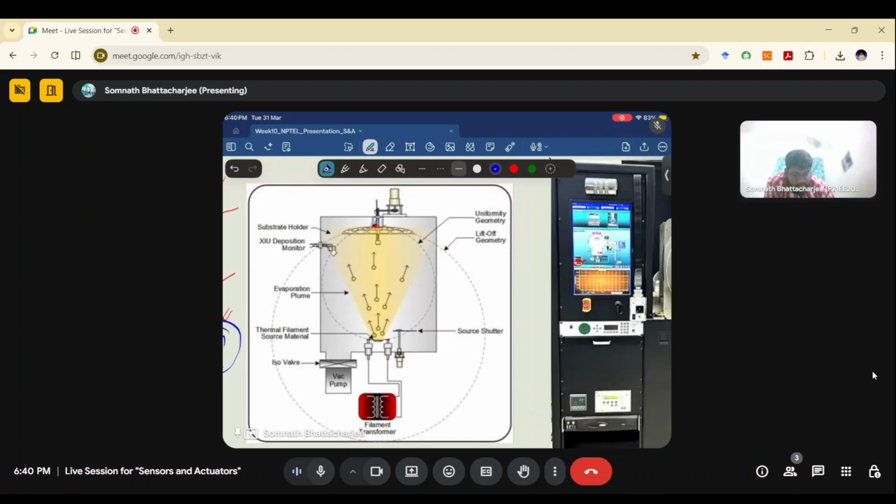we need to first ensure that our sample is inside this chamber, our boat is working and everything. So we need to fix this boat in place. For different kinds of materials, you might have different kinds of boats. For example, for gold you have a separate boat and for silver another, because after every usage there will be some residue left. If there is some gold left, you can't deposit silver on top of that, right? So you will have to use gold, and now you have to remove this boat